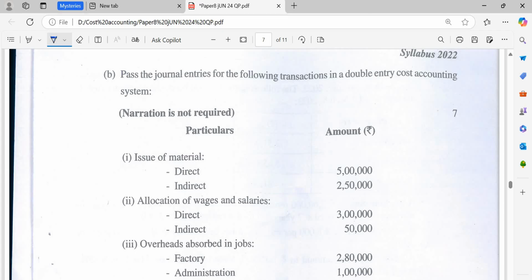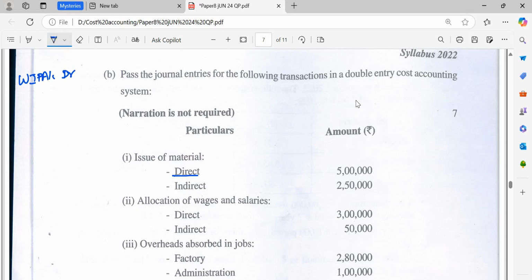So pass the journal entries for the following transaction in a double entry cost accounting system. So this is from module 4, that is integrated and non-integrated cost bookkeeping, right? So we need to give journal entries. So first, issue of material. So direct material we have, indirect material we have. So for issue of material, this is based on double entry cost accounting system they have said. So for issue of material, for direct material, it goes to work in progress. So work in progress account,